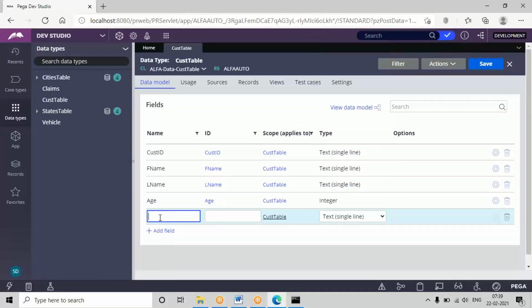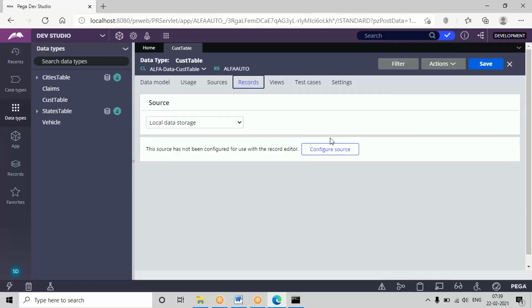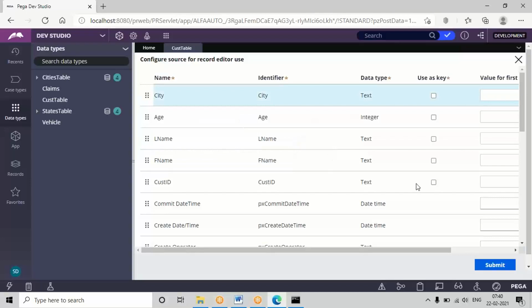But if you want to take all the fields from your design, you can take. Okay, no issue. So city, text only, and set the source here. Customer ID I'll be setting as a key. Go to records and configure source. So set customer ID as a class key and submit this.